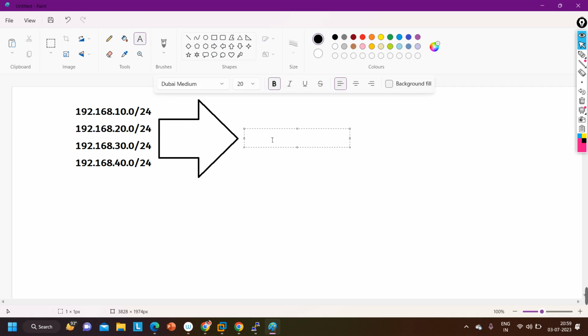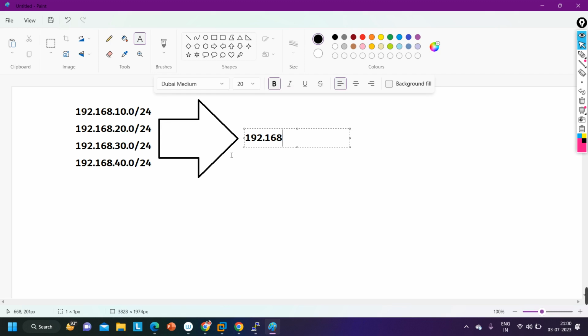No, first of all, tell me the network. What will be the network? We will look for the common bits, like in the networks, how many bits are common. So how will you calculate the summary route over here? Can you calculate, Rohit? I just want to know what the summary address will be. If you already know summarization, then we are not going to discuss it, right? That's why I'm asking the question. Otherwise, I will start from the very basics, what summarization is.